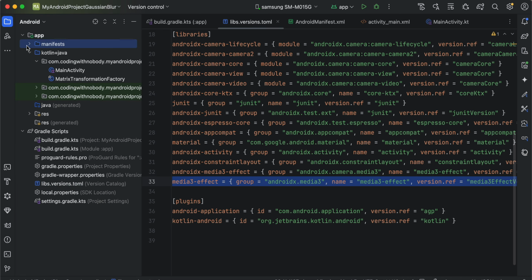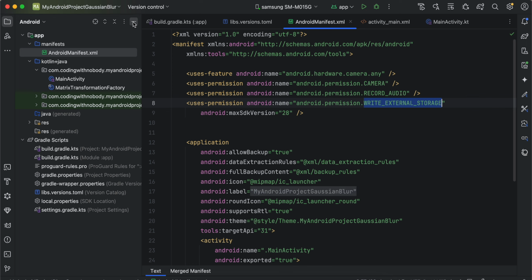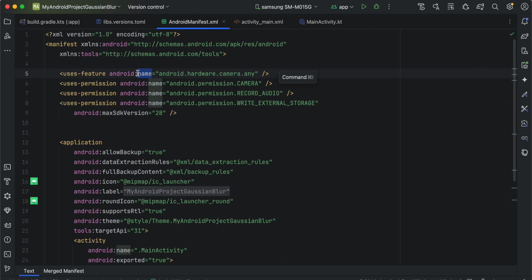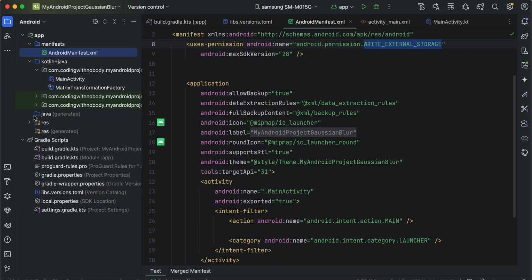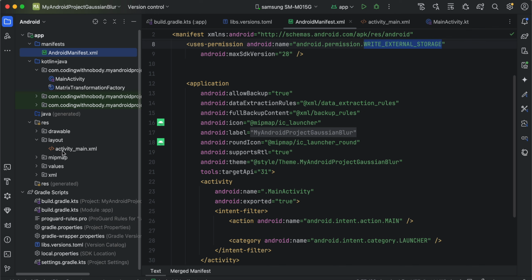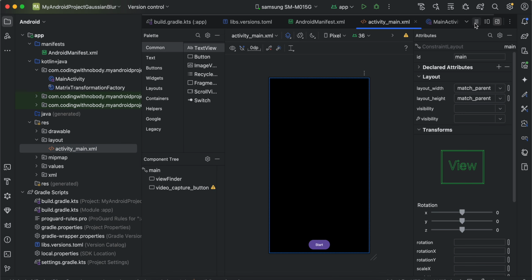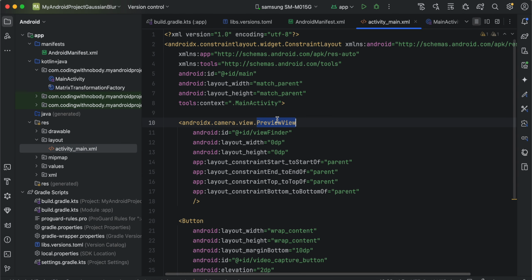Then you will have to go to AndroidManifest.xml. First you have to add a uses-feature for camera, just to check whether the user has a camera or not. Then we add the camera permission, then the record audio permission, then the write external storage permission as well. Then we go to res, layout, activity_main.xml, and here first we create our preview view